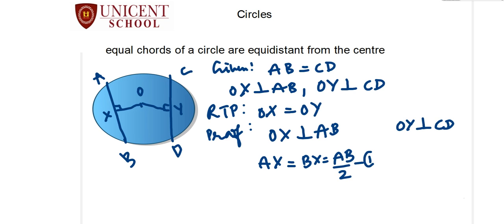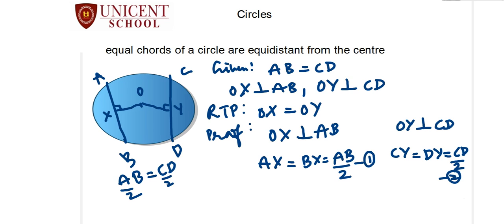Let us take this as equation 1. And similarly, we have CY is equal to DY, which is equal to CD by 2. Let us take this as equation 2. Now, what is given? AB equals CD. If I divide by 2, comparing equations 1 and 2, I get AX is equal to